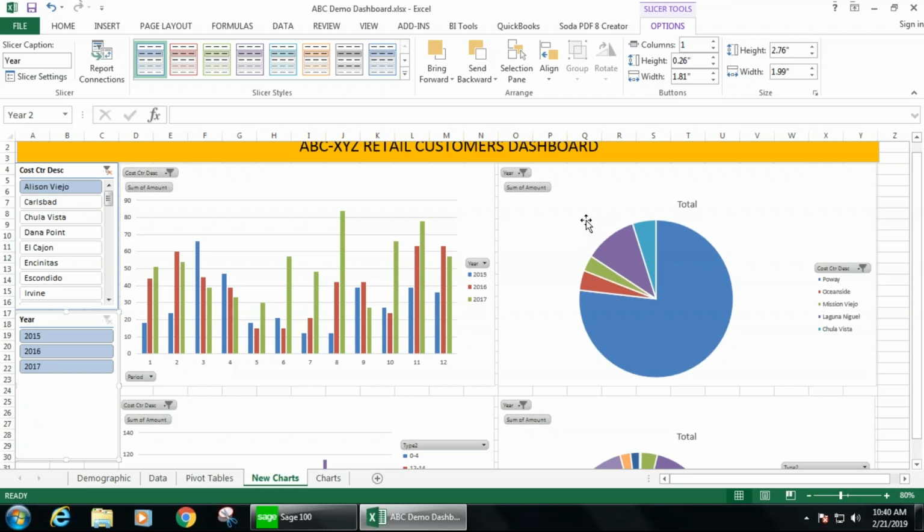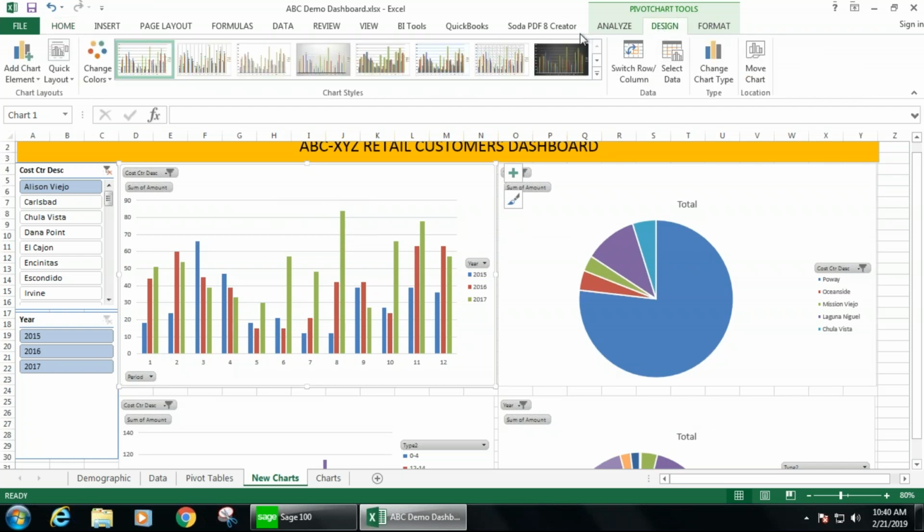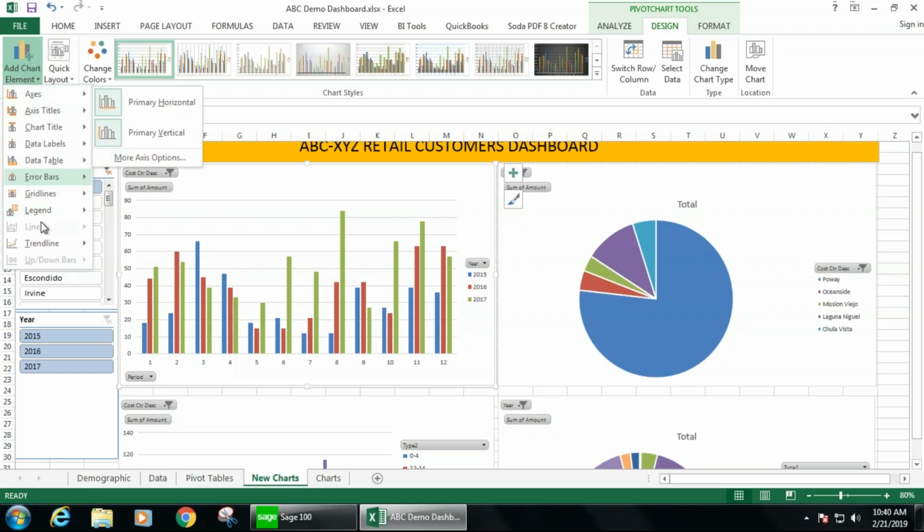I have a canned pie chart, a canned column chart with a lot of these little selections here, but I'm using slicers, so I'm not sure I really want to see these. So now it becomes a difficult part of applying formatting, and there's all kinds of formatting you can use. Now, the nice thing with Excel is if I highlight this chart and I go to my Design tab, over on the left-hand side,